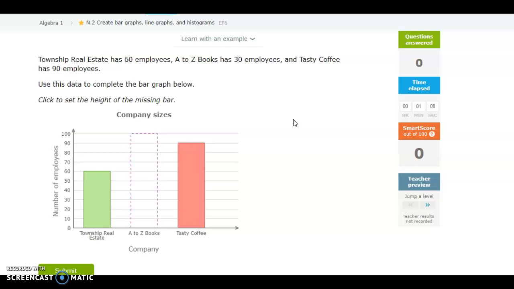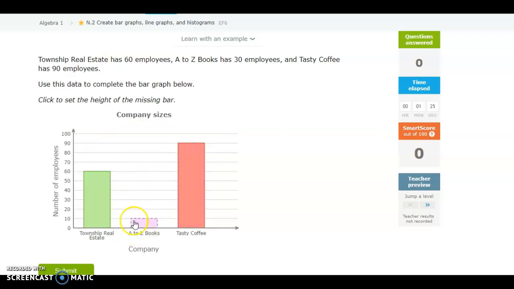So this video says Township Real Estate has 60 employees, A to Z Books has 30 employees, and Tasty Coffee has 90 employees. Use this data to complete the bar graph below. So this part, you have to make your own graphs. So really you have to be able to move the screen. As you can see, it only lets you make one bar,